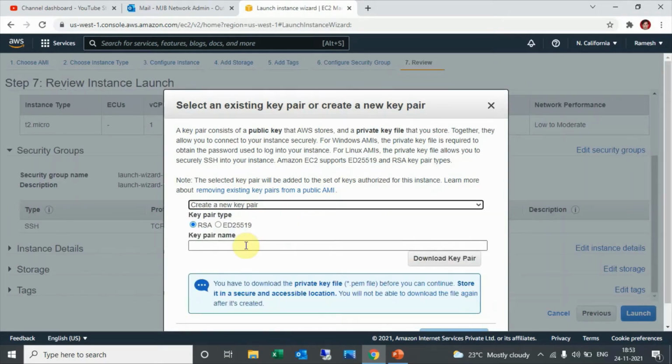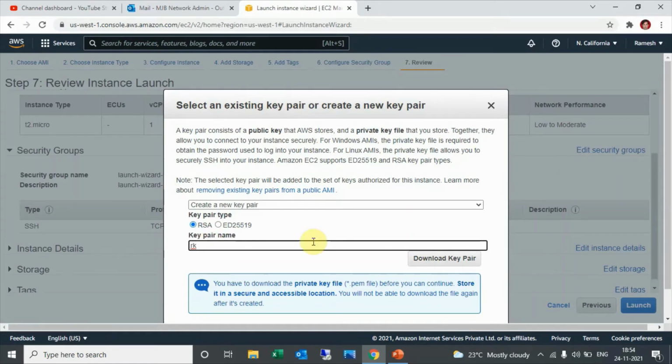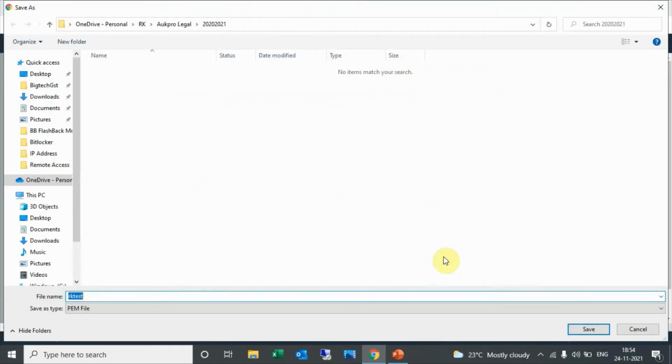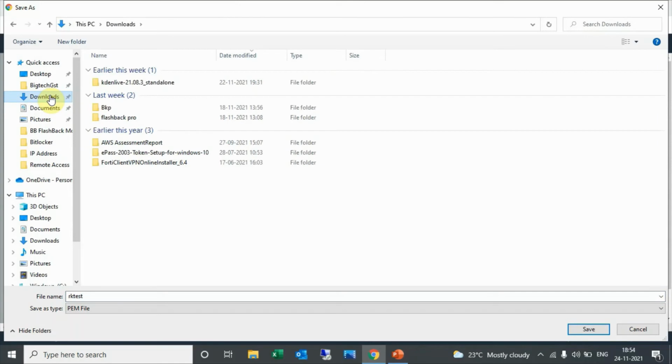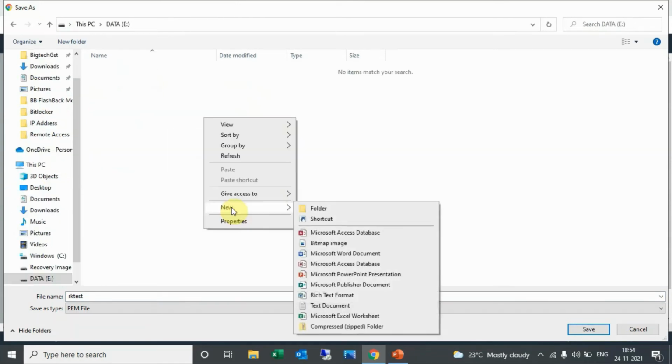Key pair name, I will give RK test. Also note down, you can download this key pair once only. You can't download it again, so just take care about that. Download it and keep it in a safe place.